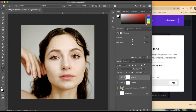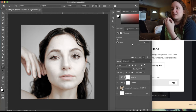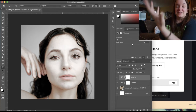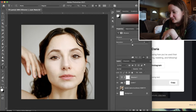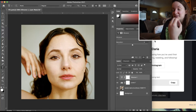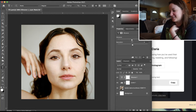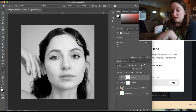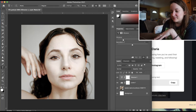With vibrance, you can take it all the way down just to see what it looks like, and she looks very muted and pastel-y, and I like that look. But if you go the opposite way, she looks very lively, like blood's flowing through her. As weird as that sounds. And then saturation, it's like black and white, no color, or tons of color. So I'm probably just going to stick with a little less vibrance,